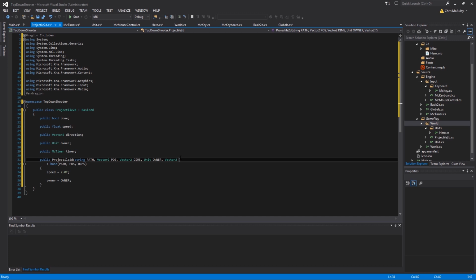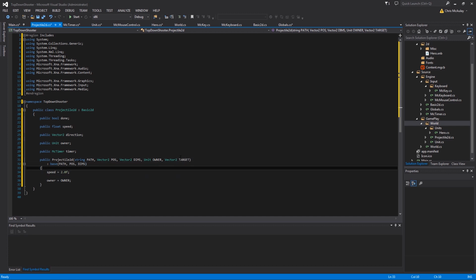Now, we need to get our target. In some games, this would be another unit. Think League of Legends, Rise, right? He has abilities where you literally pick the target and you can't miss, versus skill shots from other characters. If you are passing in another unit as a target, you're essentially saying this is going to hit, or at least most likely hit. Versus if you're using a vector 2, you're probably doing more of a skill shot thing. In this game, we're looking at more skill shots, so we're going to put this in, and then I'm going to say target,